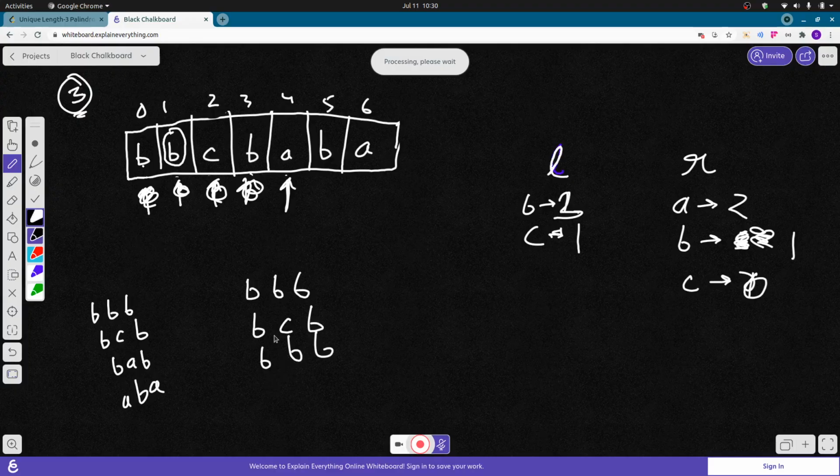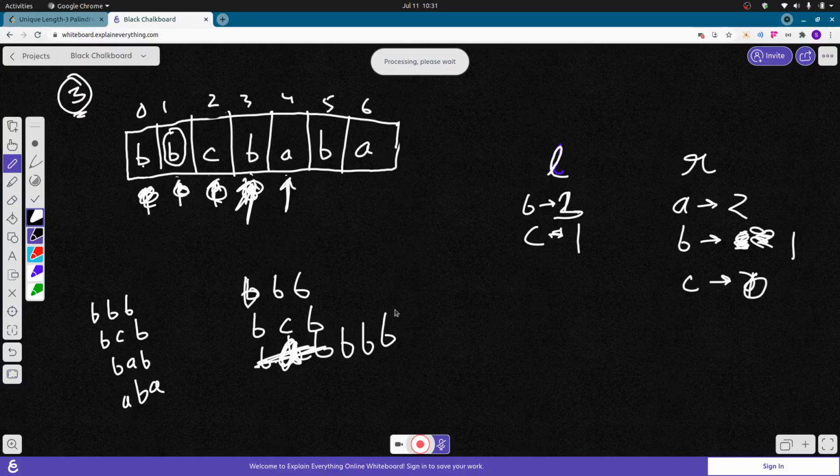BAB. I don't know why I wrote BBB here. Yes, I know why I wrote it. So this should be BAB. One more thing that I forgot: when I wrote this BBB here, it came from this side.